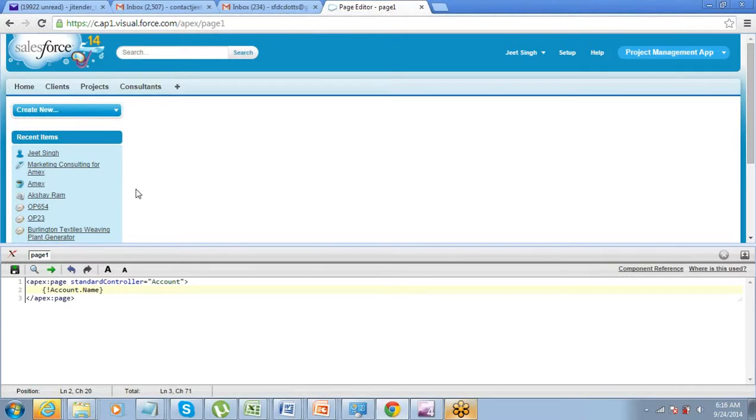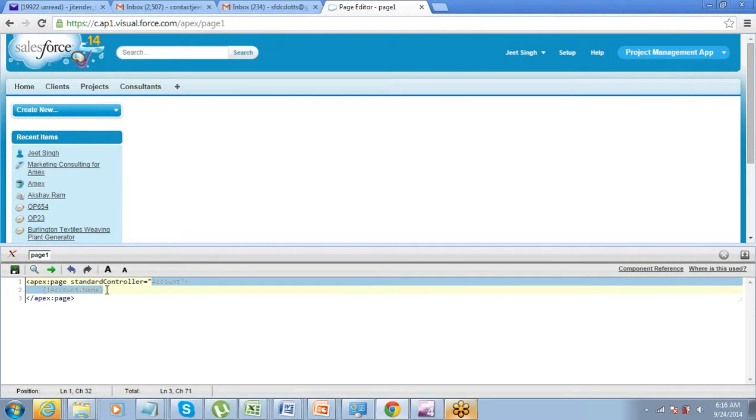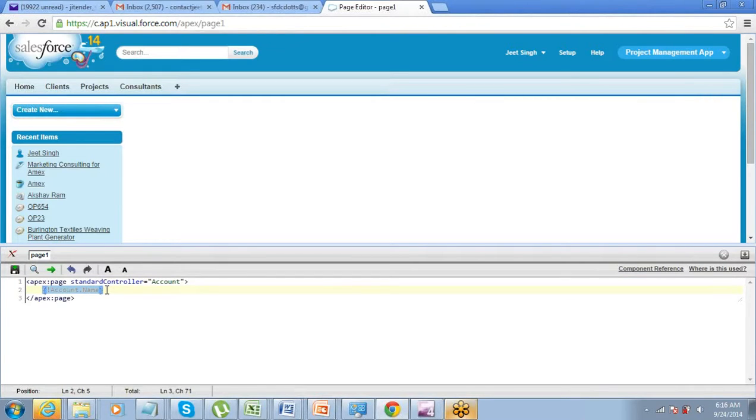The reason is that there are a lot of accounts in this object, maybe 15, 20. I have just given space for one account name. Now Salesforce is not able to understand which account name I want to display here. See, I have not created a list kind of a thing or a table where it can display multiple records. I just provided space for one record.